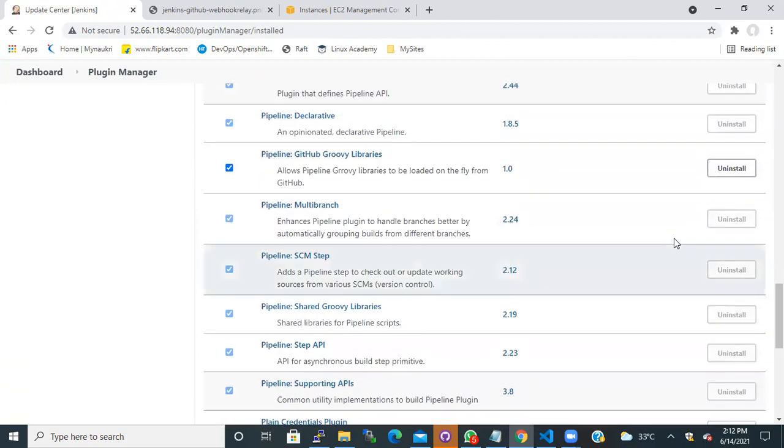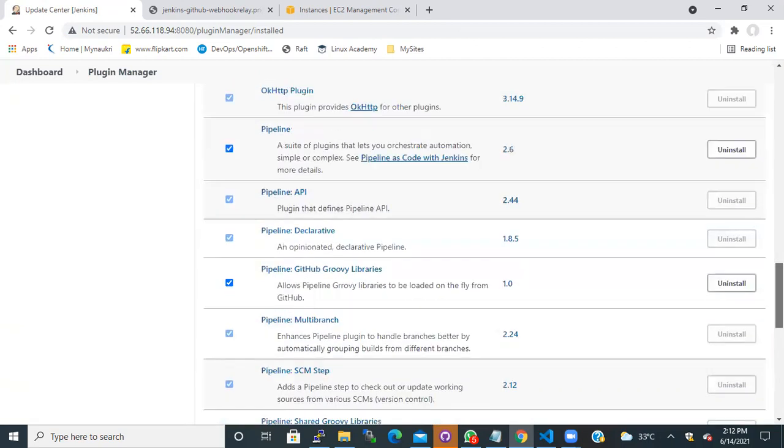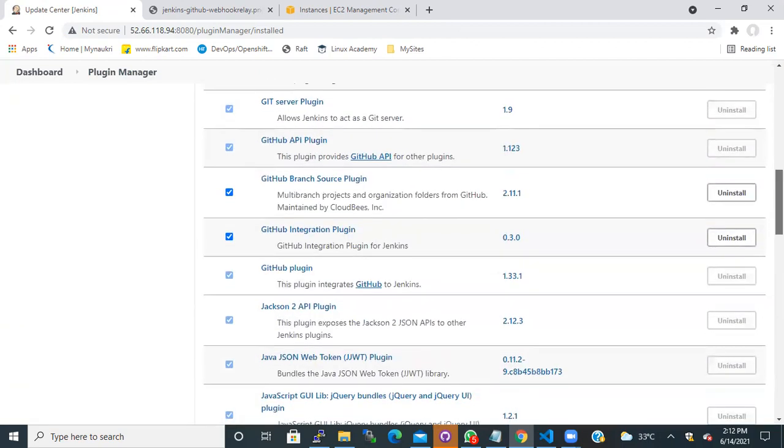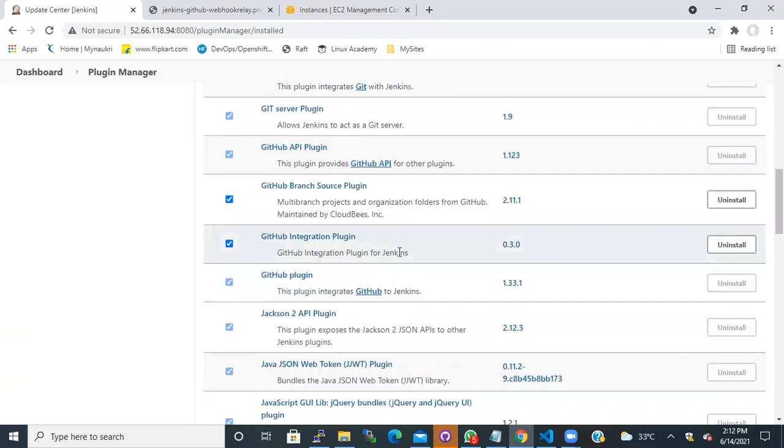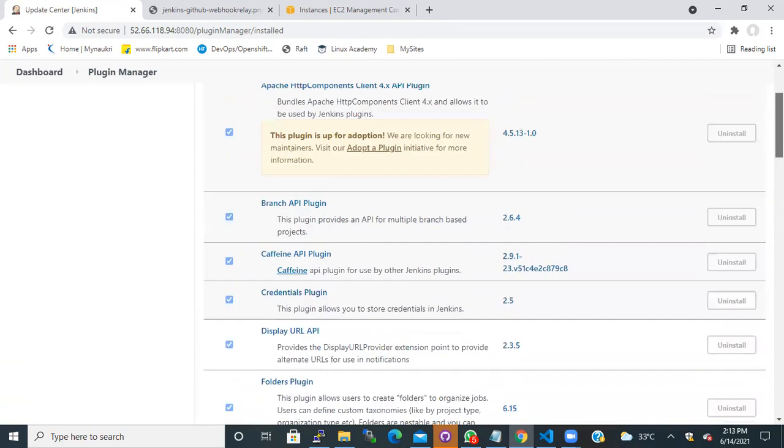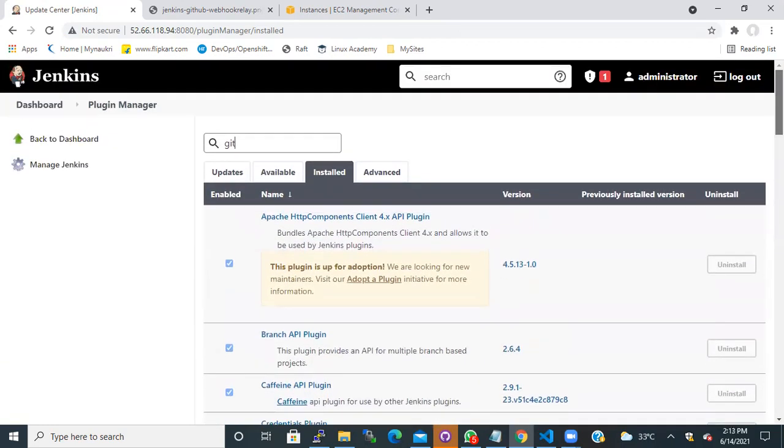You see Git pipeline plugin already installed. GitHub integration plugin, which is one more thing that we need, is already installed. These are the two plugins that we require for this pipeline to run.